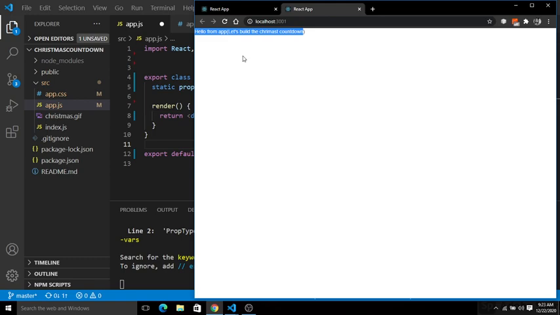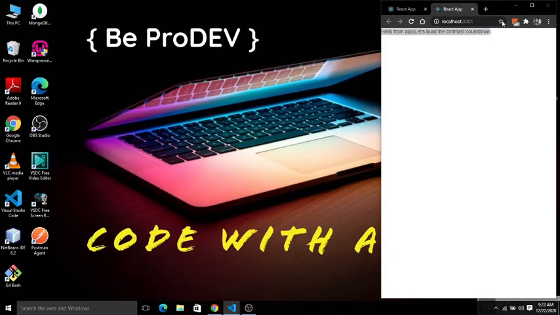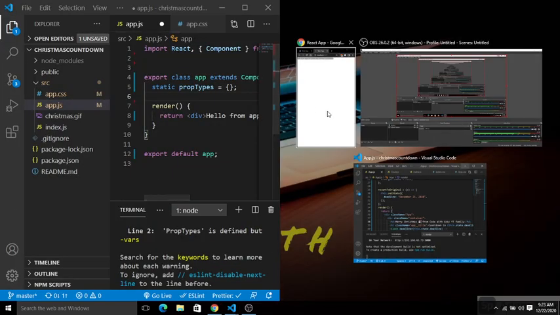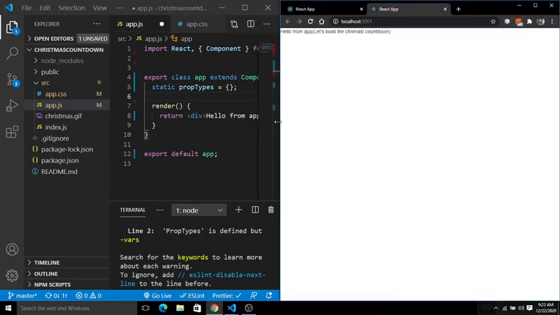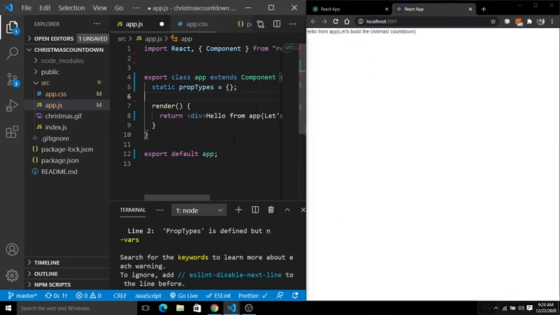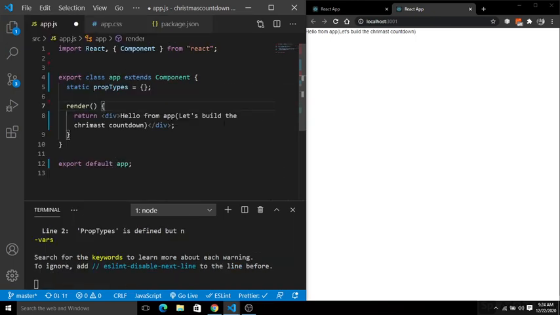Now let's collapse it. Okay, now make it a bit smaller. Now fine. Let me collapse the sidebar also. Okay, fine.